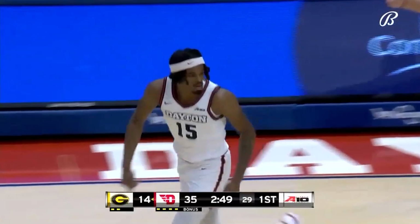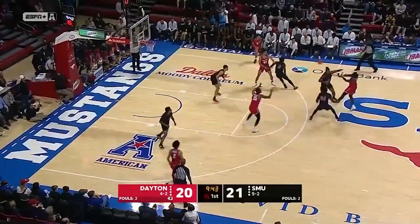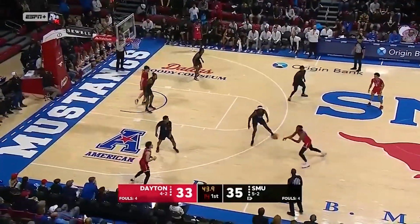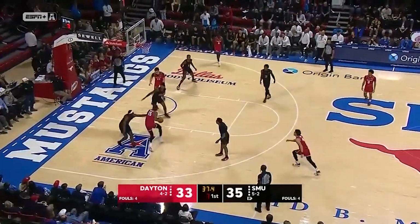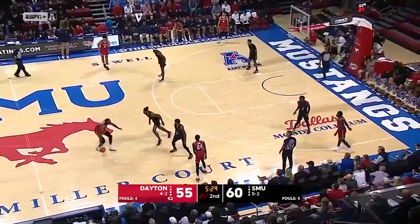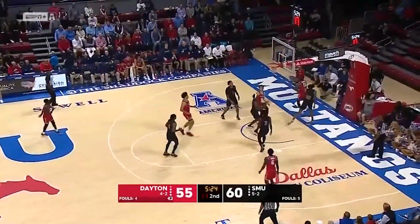DaRon Holmes. Avenge a loss at Dayton last season. Before then, SMU had won the previous 2 against the Flyers. Little spin in. SMU up by 2, but Dayton not going anywhere. Good test for both teams here early in the season. Holmes shouldering his way to the 8-0 run for SMU. A 5-point lead, 5.5 to play. Holmes dips the shoulder all the way to the...